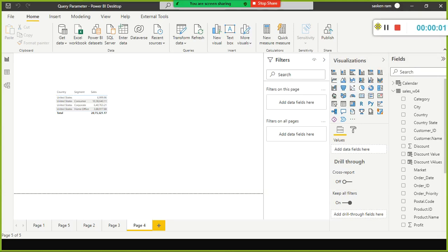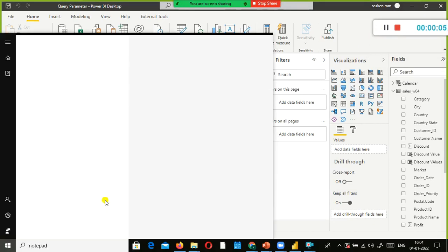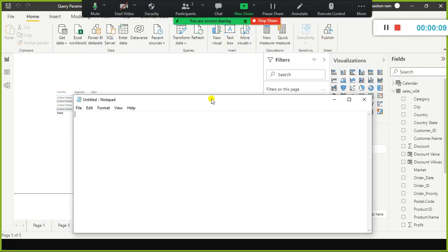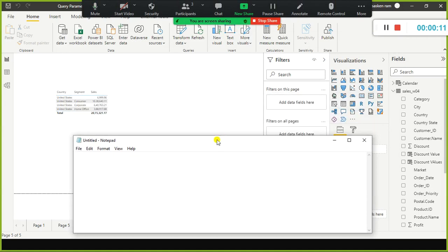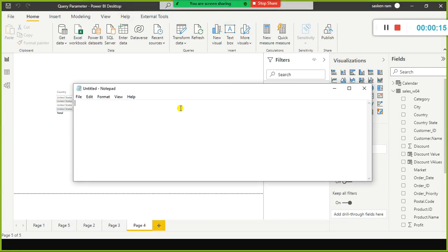So in that case, the query parameter is helpful to dynamically select the source system data based on the parameter value, whatever you supplied. Okay, so in the case of a parameterized query, what are the use cases? The number one use case is you can change the source settings dynamically.